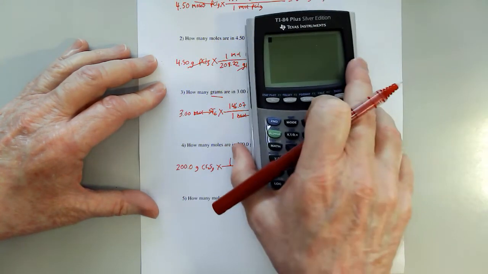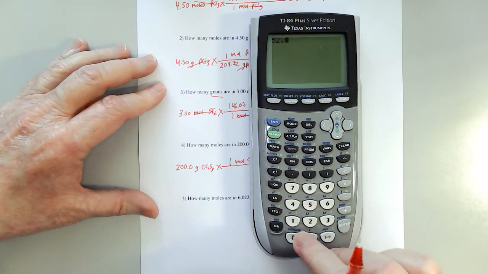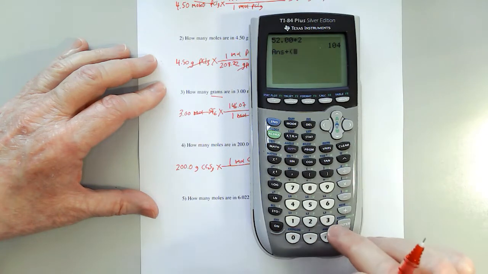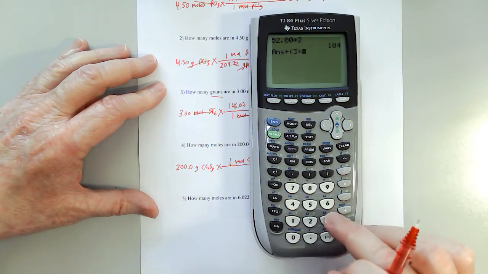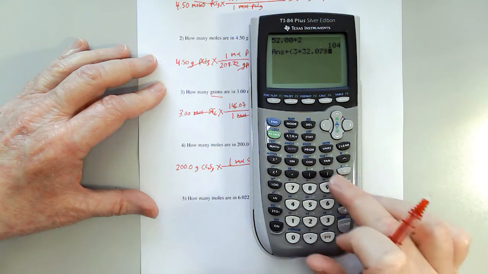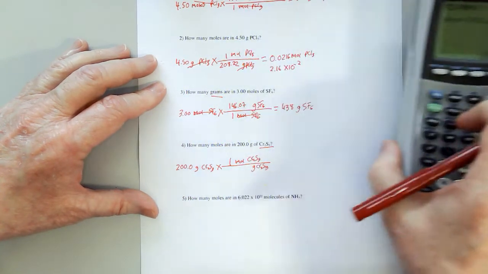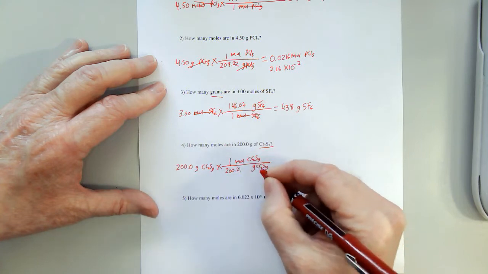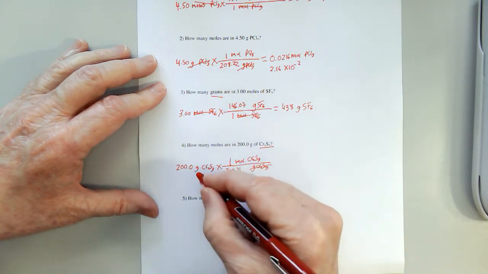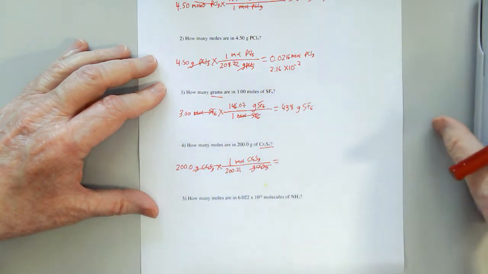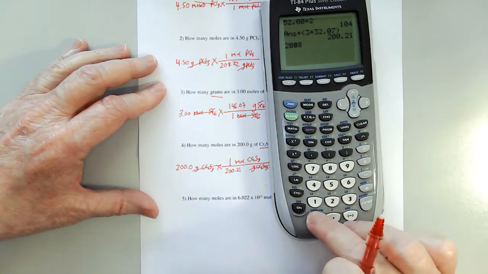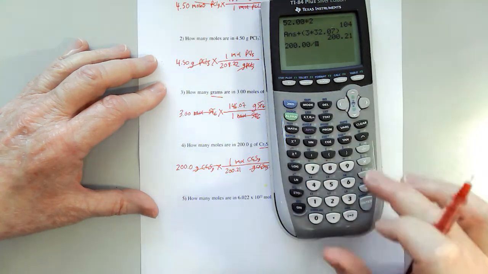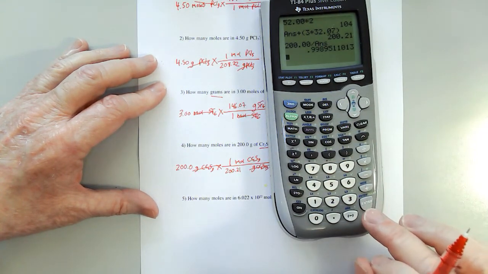So chromium is 52.00 times 2 plus parentheses 3 times 32.07, close parentheses, 200.21. Nice round number, 200.21 grams Cr2S3. Those cancel. And I actually have to do this math, 200.00 divided by that answer, and I get